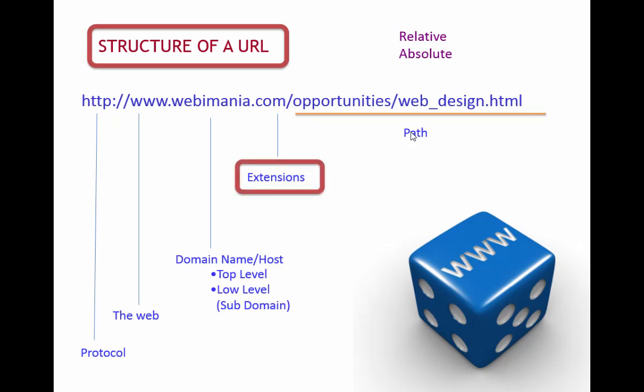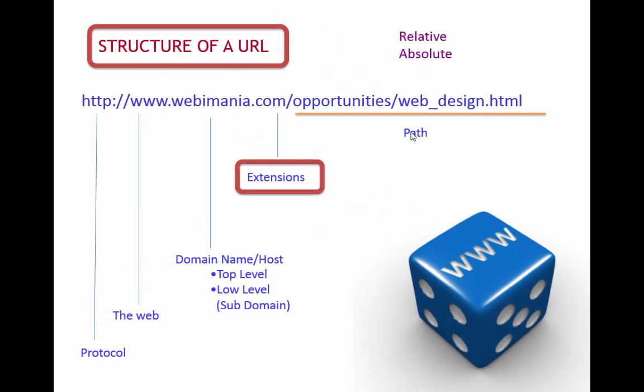Now let's take a look at the extensions. There are different types of extensions. The extensions enable you to know more about the domain name. It throws more light on the domain name, what type of domain name the domain is, and with that information you can actually know what kind of websites you will be expecting.